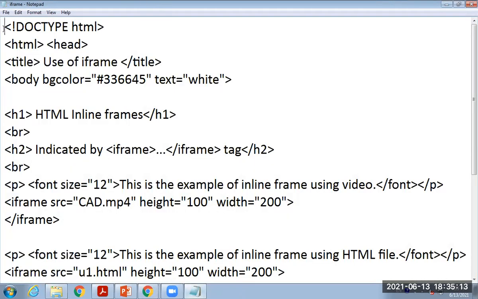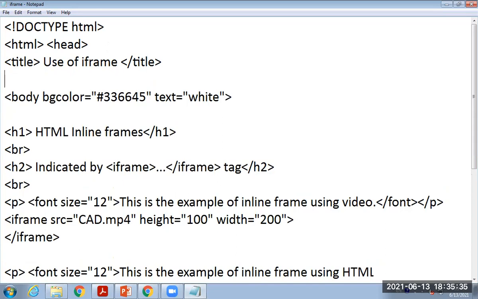Here, first of all, we have to specify the doctype HTML, which will indicate that we are using this HTML file in the HTML5 format. Then the regular syntax of HTML: html, head, title, end of title, then end of head.